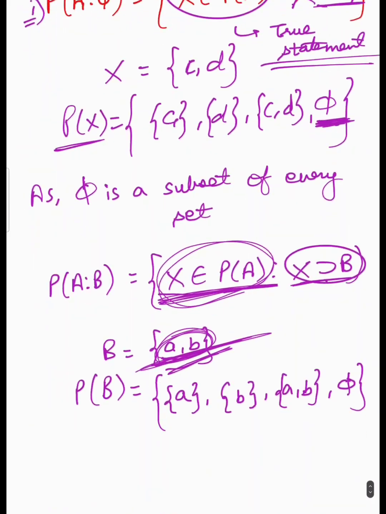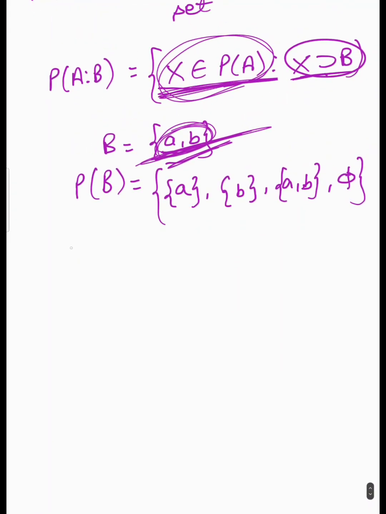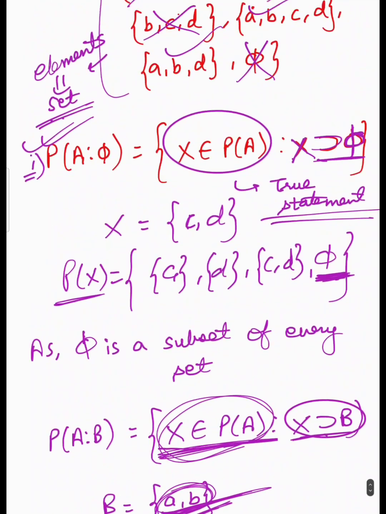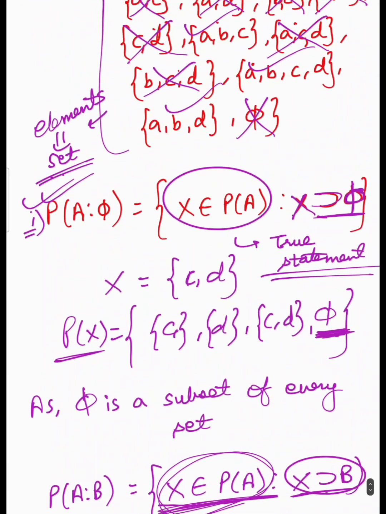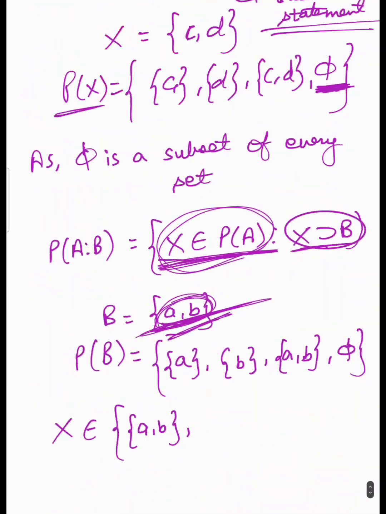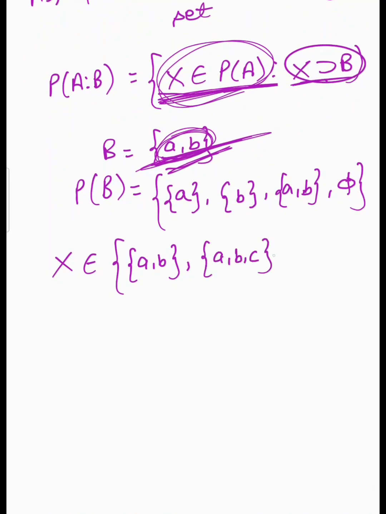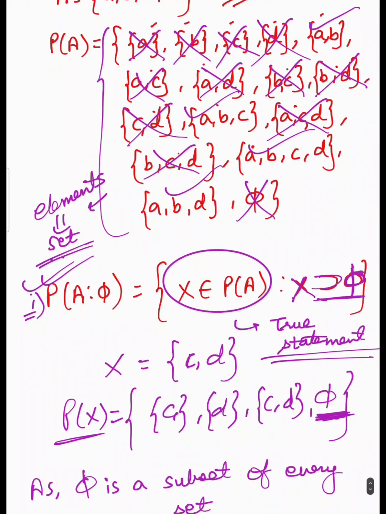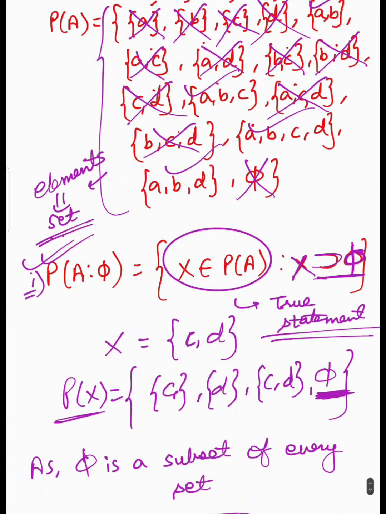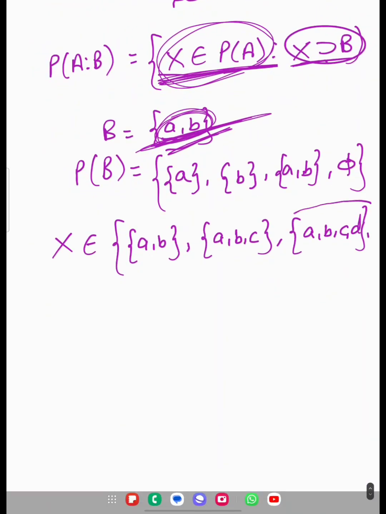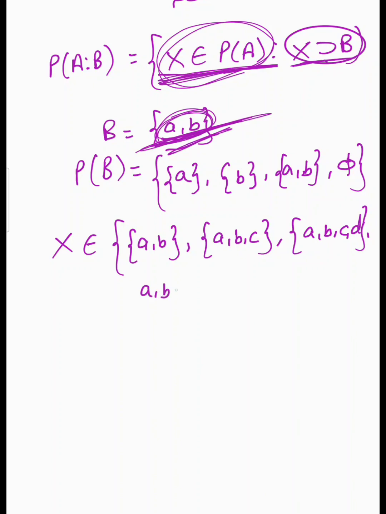सो मतलब X में क्या क्या हो सकता है फिर? X must have these elements, that is AB, ABC, ABCD and ABD. ये एलिमेंट्स X में इंक्लूड हो सकते हैं। ठीक है, ये हो गया आंसर।